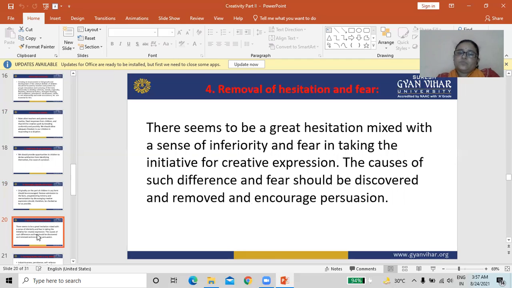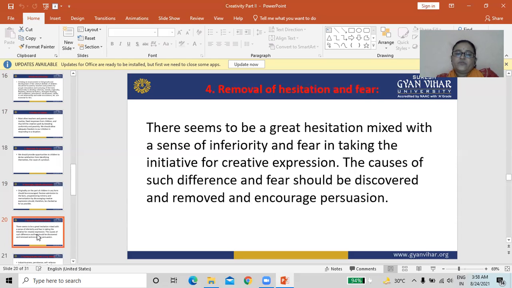Removal of hesitation and fear. There seems to be a great hesitation mixed with a sense of inferiority and fear in taking the initiative for creative expressions.